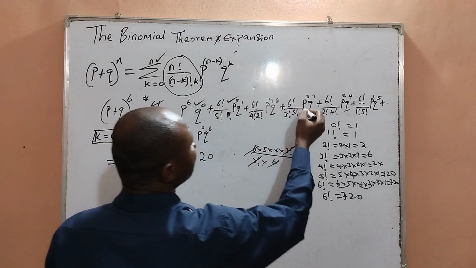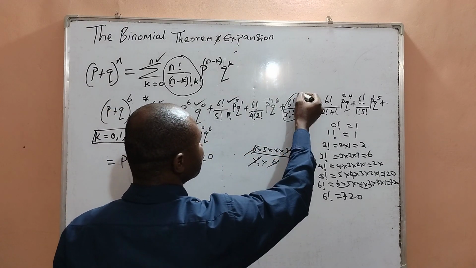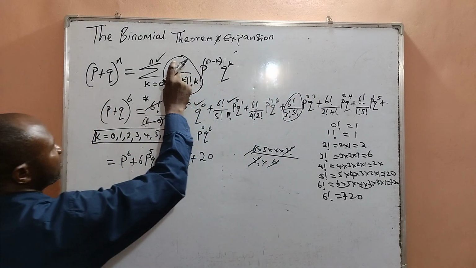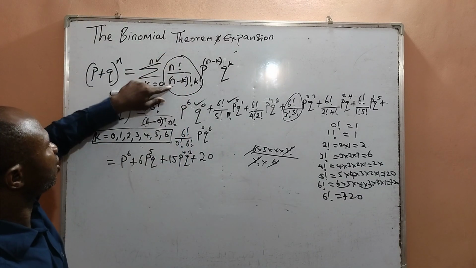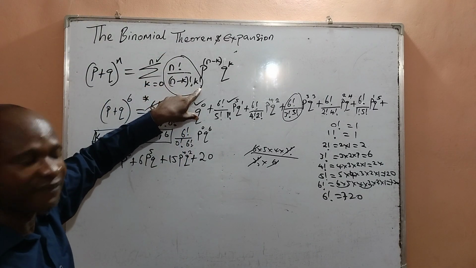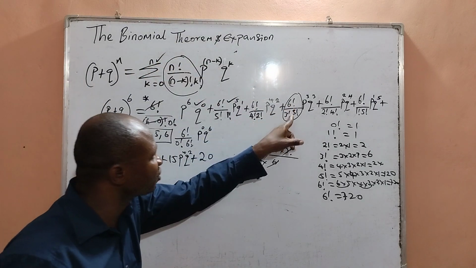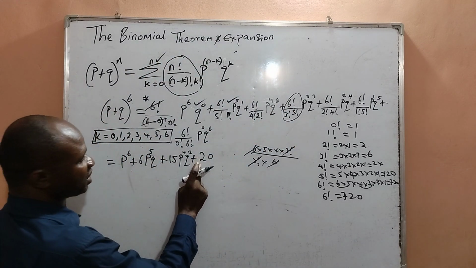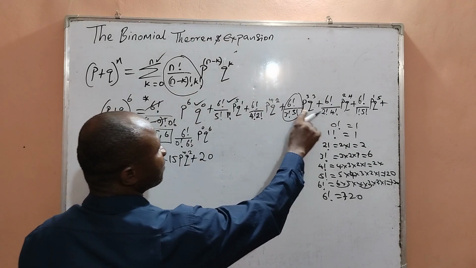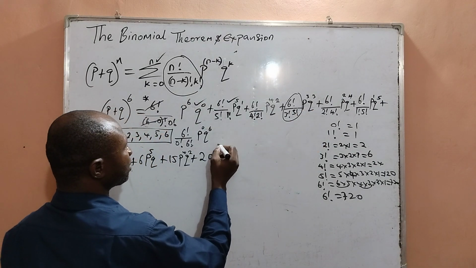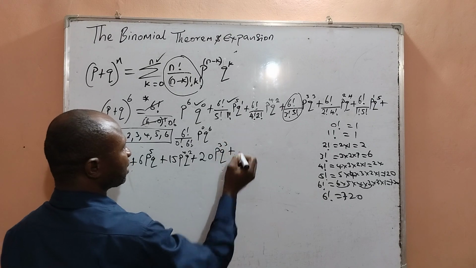So I have taken care of the coefficient side. Remember, this is gotten from this formula: n factorial all over n minus k factorial, then k factorial. This takes care of the coefficient. So, having done this, I have gotten the coefficient as 20. So, the power side will now be p to the power of 3, q to the power of 3, plus,